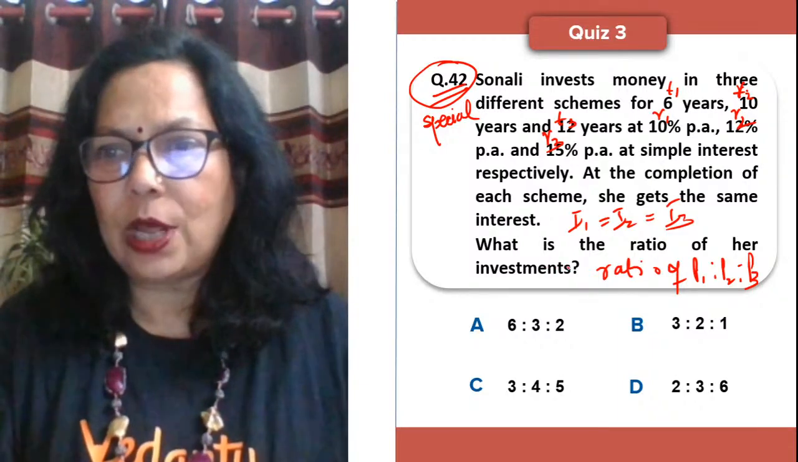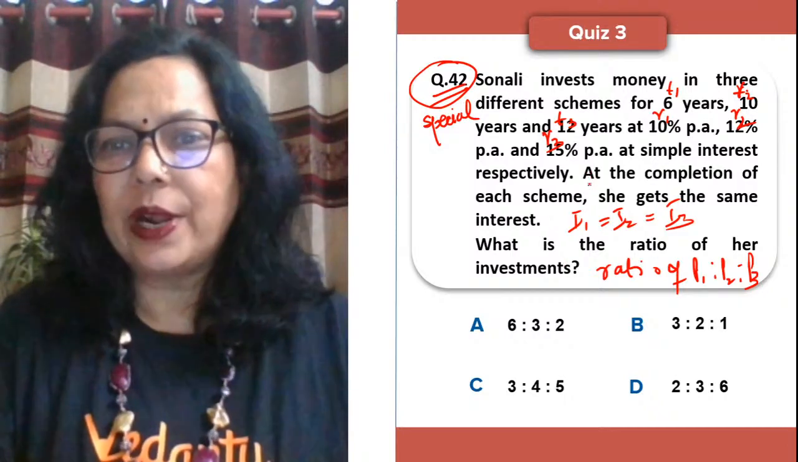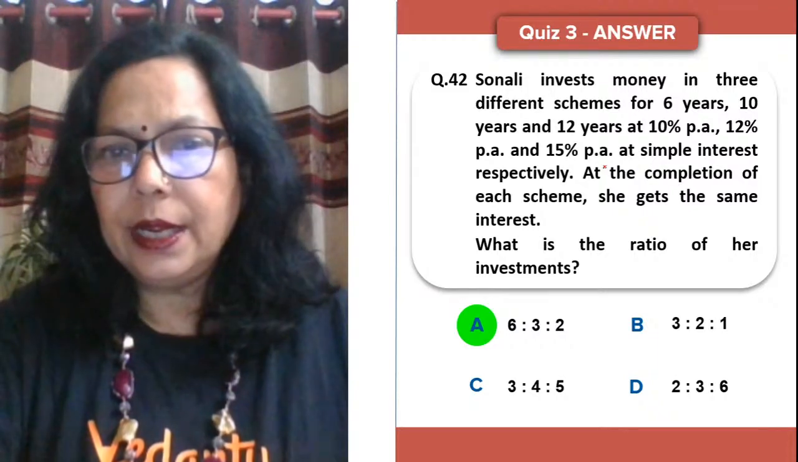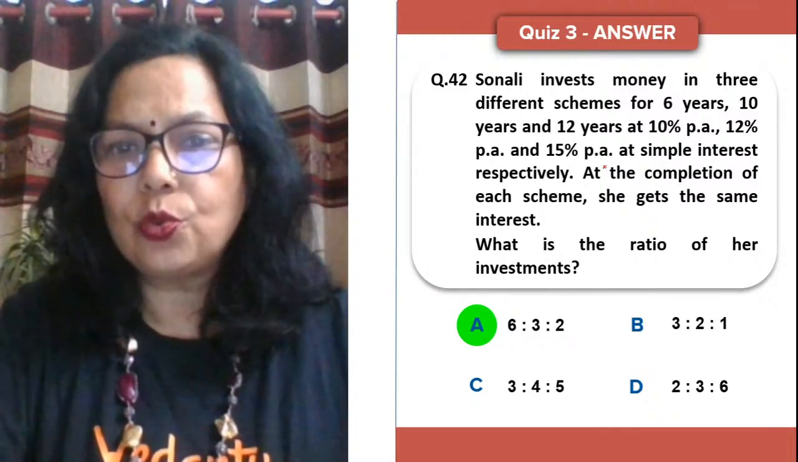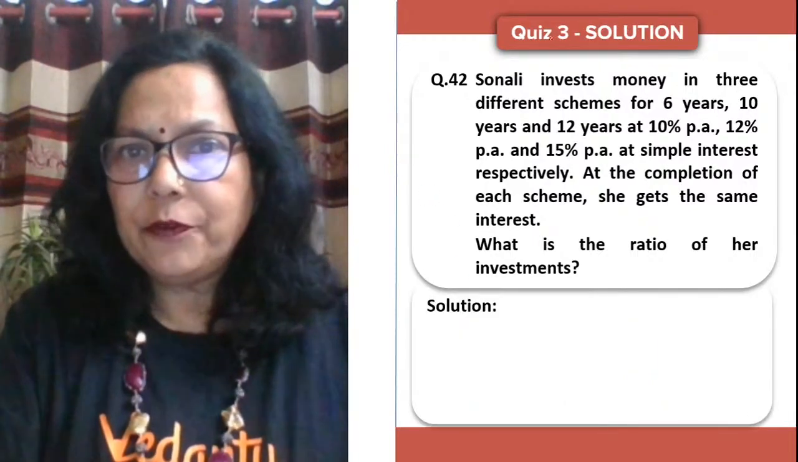Yes, JJ is a little wrong because the question is a little tricky. Shall I solve it or are you trying? Come on, I'll do it for you. Answer is 6 is to 3 is to 2 and see how. See, first of all,